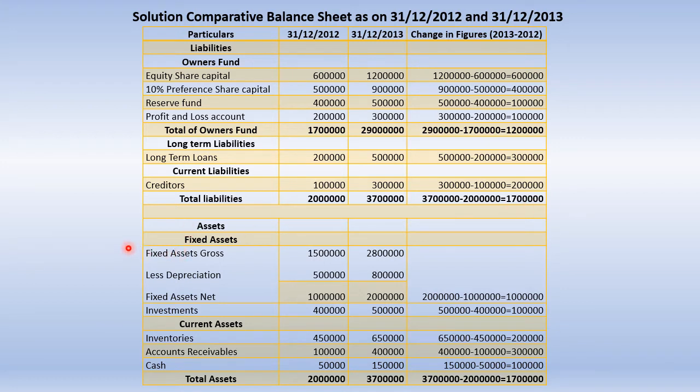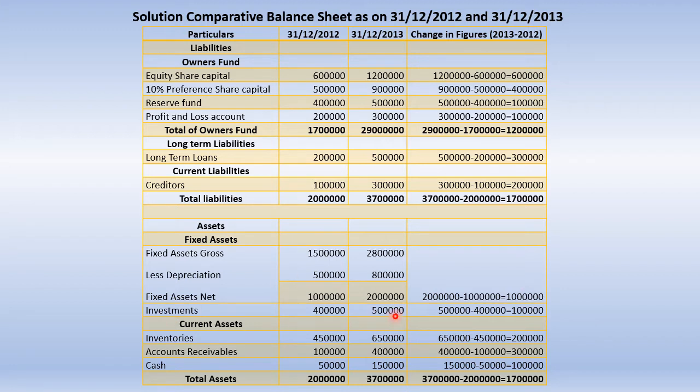I've been telling you that you have to concentrate more on this fixed asset gross less depreciation which is given. Okay, so we'll check how it is done. Fixed assets gross less depreciation we have done. I think we have done all the calculation in the previous part. I've explained this one. Now while taking change in figures, I'll be taking only the net value, that is 20 lakh minus 10 lakh, it will be 10 lakh rupees. I shouldn't consider this amount, only the net value will be considered.